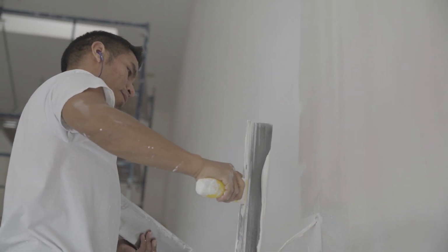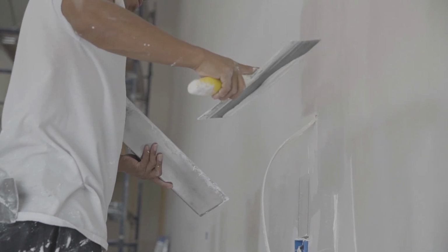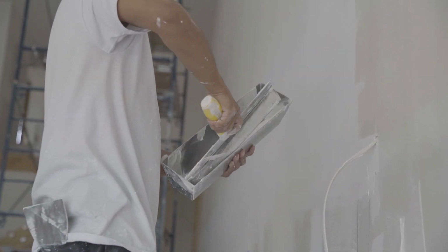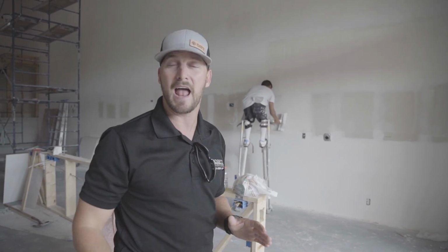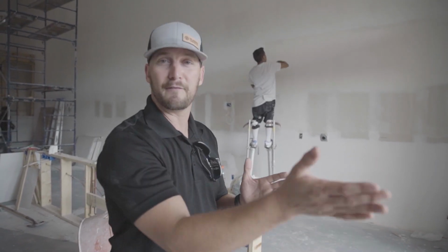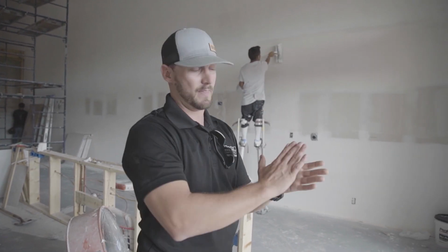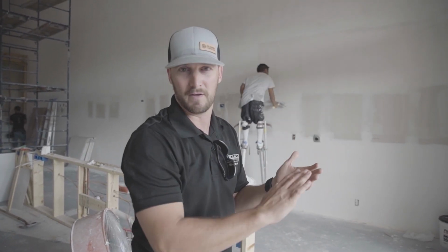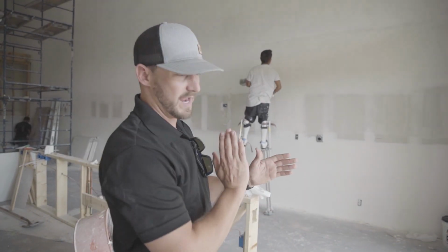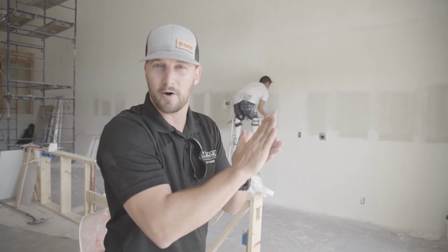So that blade should be dragging against the wall, almost like a 45-degree angle to pull off all that compound. You don't want to leave it heavy and have to sand. I would much rather tape 3 coats and not have to sand at all and have to add compound than have a lot of compound on the wall and then have to go and sand off a ton of it. Because what you're going to get stuck with is a bunch of this on the surface, because you're going to be sanding in one area trying to get it smooth, and now you just created a little